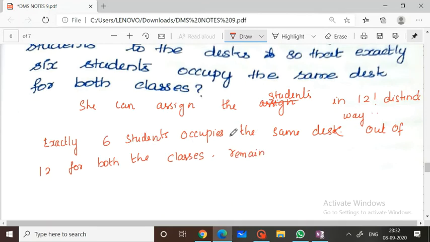So 6 students occupy the same desk, which means that this is